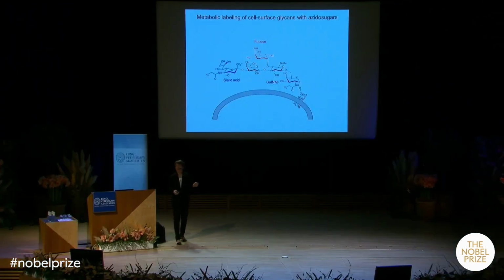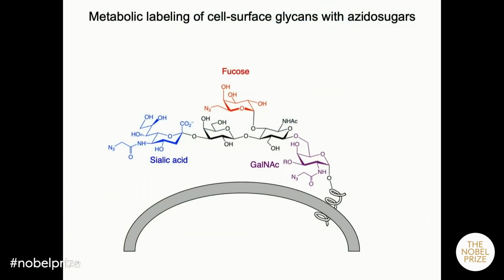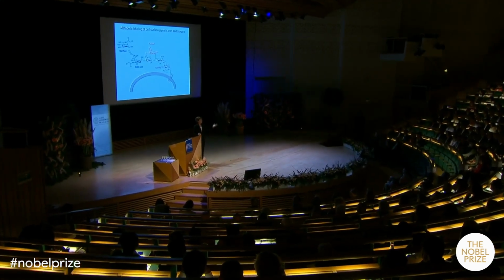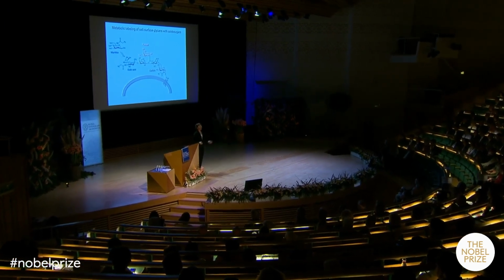So once we had this chemistry worked out, we then demonstrated that we could introduce the azide into a variety of different cell surface sugars, all of which are interesting in their own ways. So for example, I mentioned that imaging sialic acid was one of our initial goals. And so we showed that we could introduce the azide on the side chain of N-acetylmannosamine. And when fed to cells and metabolized inside the cell, the corresponding azidosialic acid would appear on the cell surface, primed for reaction by the Staudinger ligation.